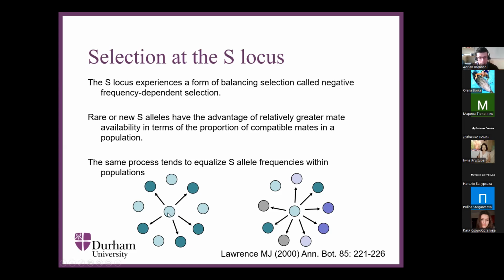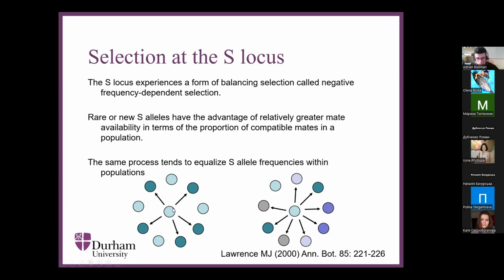The different colors represent individuals expressing different S alleles. If you share a color, you share the same S allele. So in a population with few S alleles, you won't be able to mate with yourself, but you also won't be able to mate with anyone else in that population with whom you share the same S alleles. These could be your relatives, or they just represent not very much S allele diversity in that population.